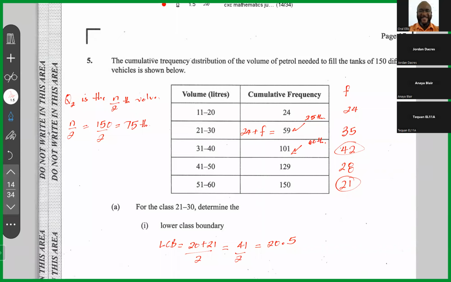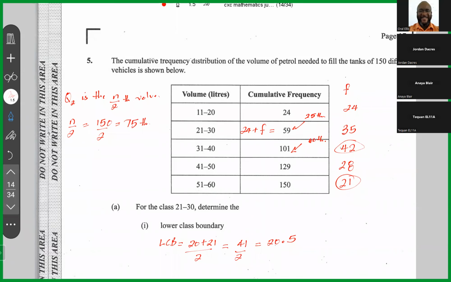So vehicle number 75 would need between 31 and 40 liters. So the median, which is the amount of petrol that vehicle number 75 needs, would be between 31 and 40 liters. Now, Byron says